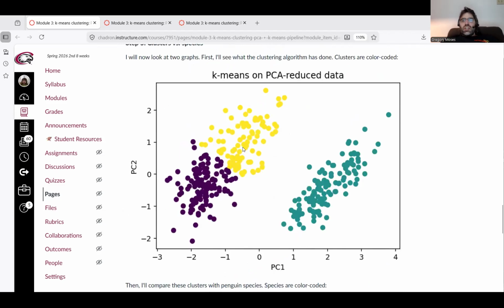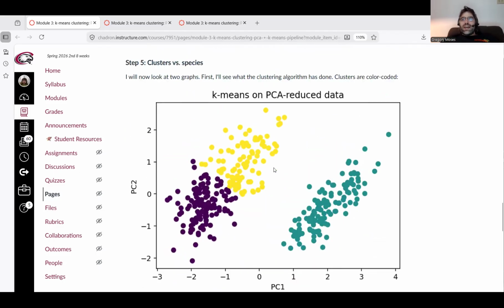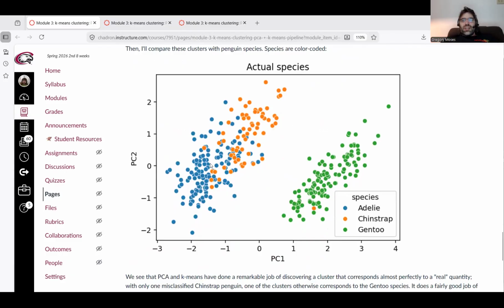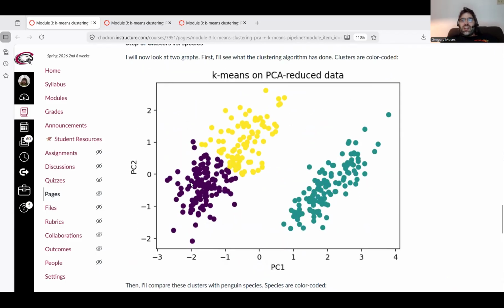The results here are more mixed, or rather, bad joke incoming. But here, the penguin species are mixed, as you can see. Here, they aren't. Here, we now just have a very solid line between the species. So we definitely lost something